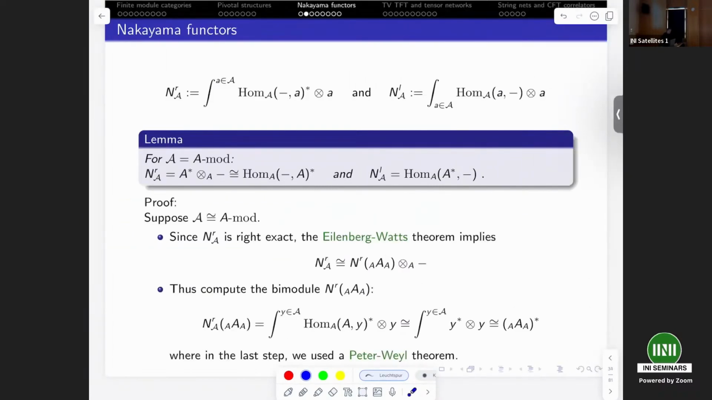Okay, so since this is right exact, the Eilenberg-Watts theorem applies, and the Eilenberg-Watts theorem is explicit. So this bimodule we are looking for is obtained by applying the Nakayama functor to our monoidal unit, to the regular bimodule. And now you see we can compute what this bimodule is. And you see this is taking the co-end of, here we have the dual of the Hom, and here we